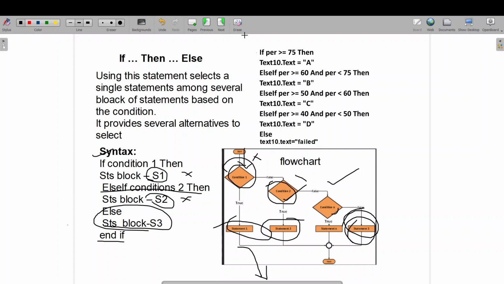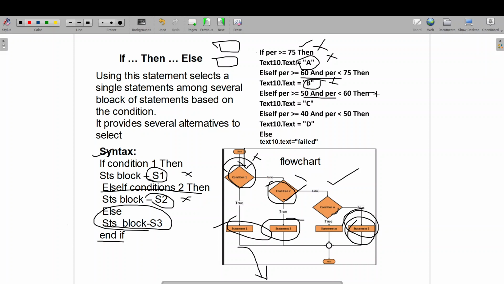Now we'll see a simple example. I will be having a simple input box and an output box. If my percentage is greater than 75, I'll print my output as A. Suppose my input is not greater than 75, then I will check here. If it is satisfied, I'll print B. Or else, if it is also not satisfied, I'm not printing this, and I'll check with this condition.